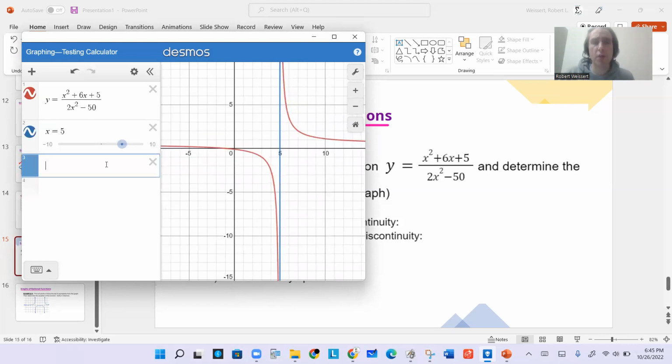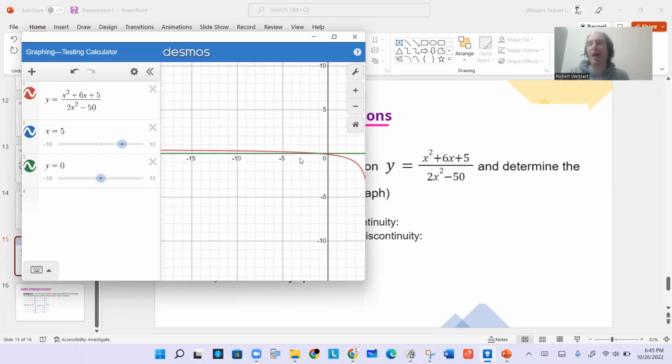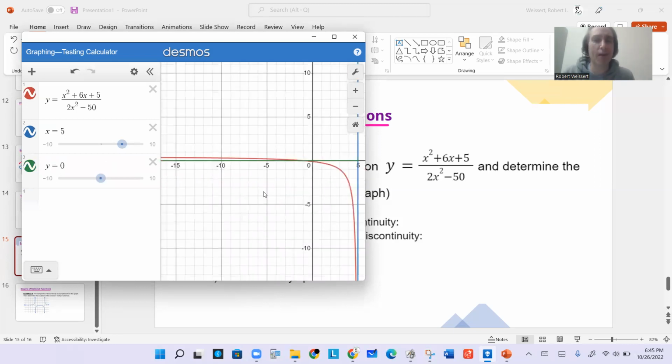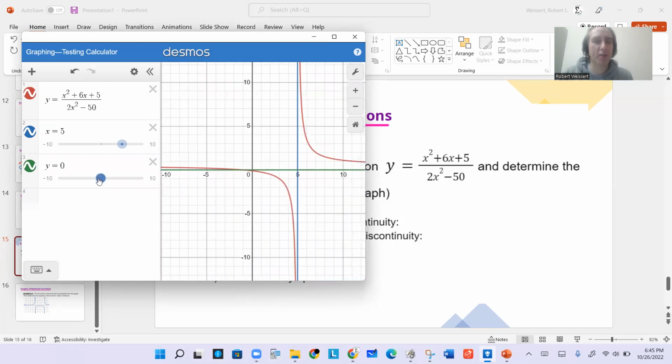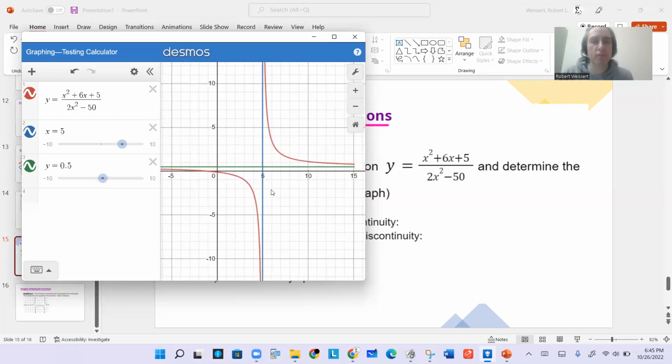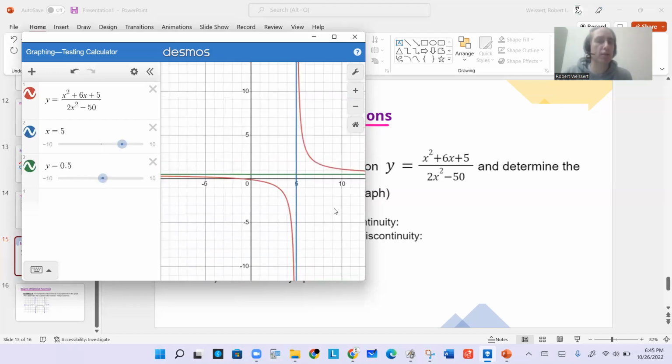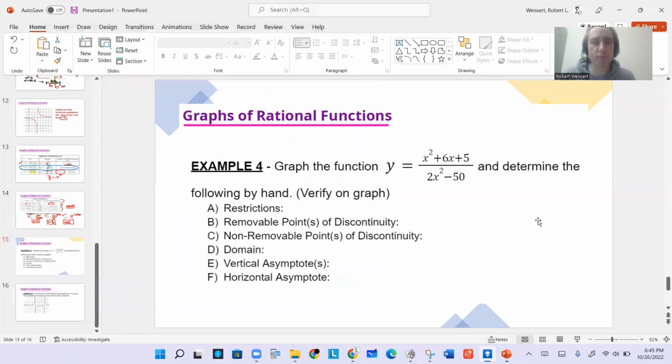Now, the horizontal asymptote looks like it has one too, but horizontal is y. You can see that y equals 0, the x-axis, the graph crosses it, so that's not an asymptote. So we know it's a little bit higher. Maybe it's at 0.5 or something like that. We can just take a guess. Maybe the horizontal's at 0.5. And is there a hole in the graph? Those are harder to detect until you factor and cancel some things out. But at least we can get a visual and know what this graph looks like. Let's see if we can get all the information from it.